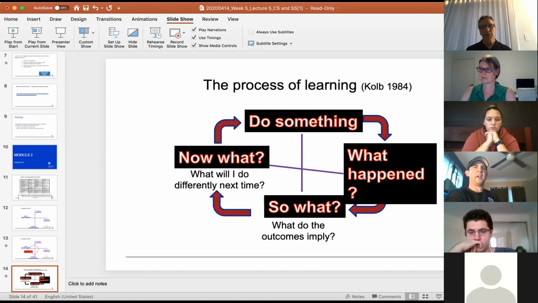Kolb's work is quite old. You can see it's 1984. His work has endured, so that tells you that there's quality in it. And if you notice, it's similar to Kurt Lewin's action research cycle. Again, you've got this spiral of doing something, then evaluating what's happened, then doing again, and then evaluating and saying, now what will the next steps be, which is very similar to Kurt Lewin's action research or action learning spiral.